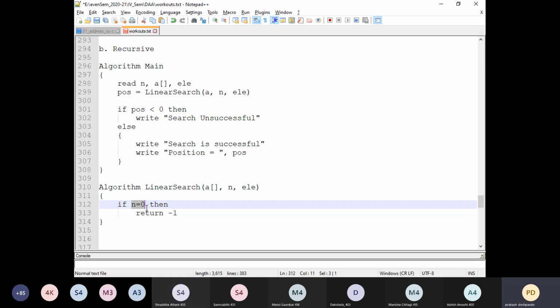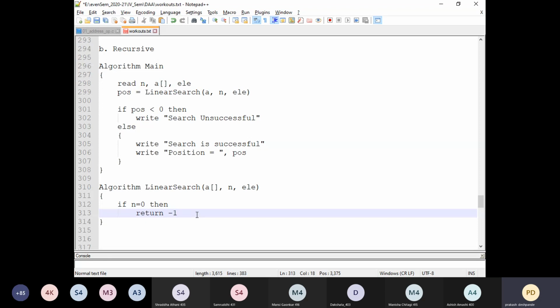No, sir. That means the array doesn't contain any elements. In such a case, is it possible for us to search anything? Not at all. So in that case, we return a negative number, -1.